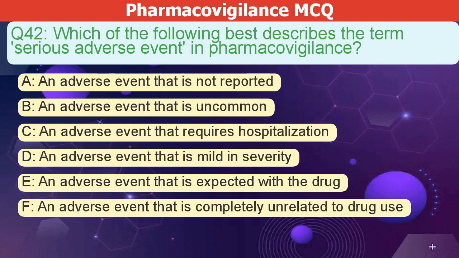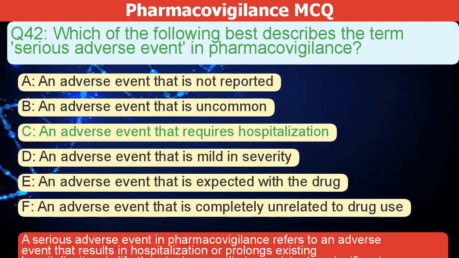F. An adverse event that is completely unrelated to drug use. The correct answer is C. A serious adverse event in pharmacovigilance refers to an adverse event that results in hospitalization or prolongs existing hospitalization. It is also life-threatening, or it results in persistent or significant disability, or it requires medical intervention to prevent one